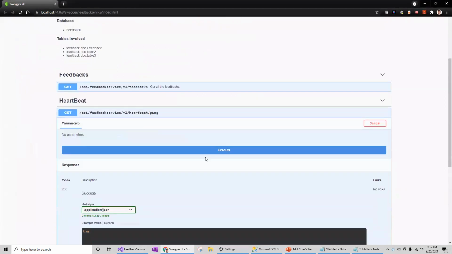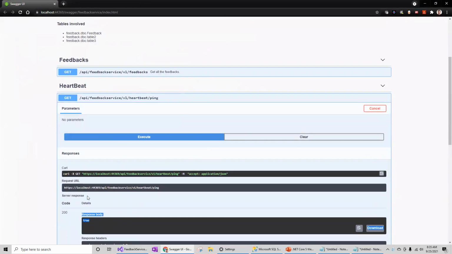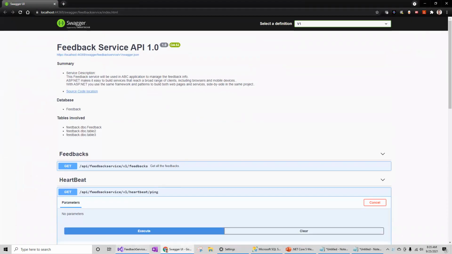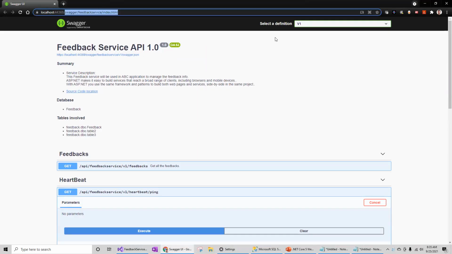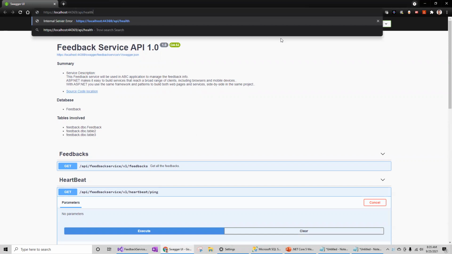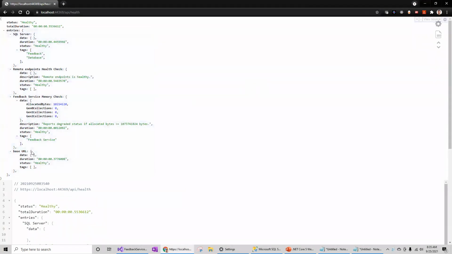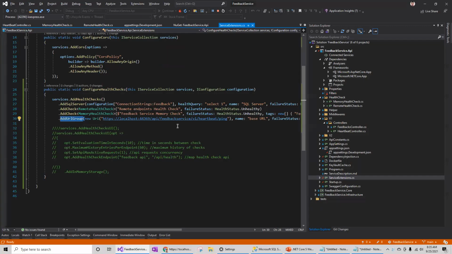If I see my new API endpoints, let's try to see. I can see it returns true. Since I already added this URL, when I go to the API, I should be able to see that it is healthy. If you want to break it, you can give the wrong URL or return the wrong information, not 200, then it will start breaking.